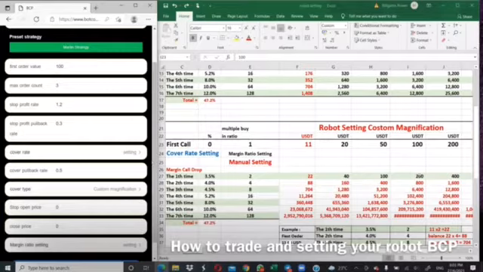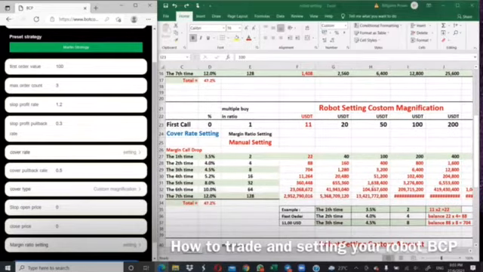For example, here I put first $100, for example. Second, double up times 2. This balance times 2, 200, and then this balance times 4, 800. Like this, this one is marketing magnification. So you put here 400. Second, times 2 becomes 400. And then 400 times 4, 1,600. 1,600 times 8, 12,800. 12,800 times 16, 200,000.